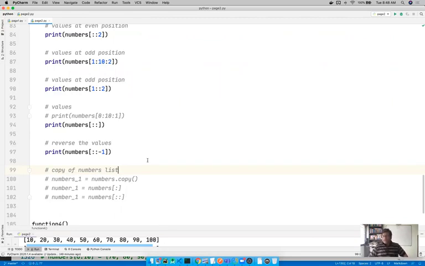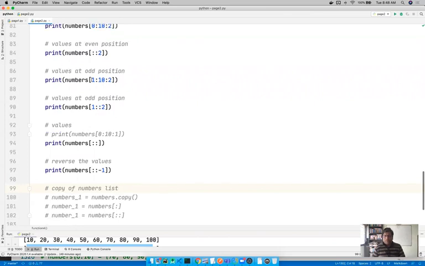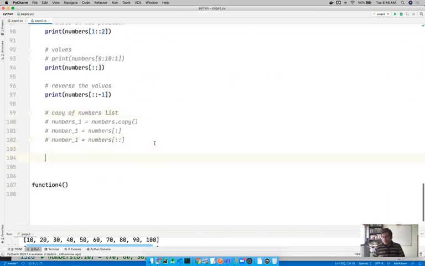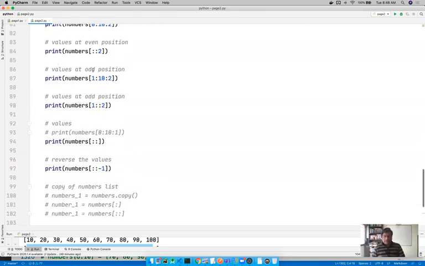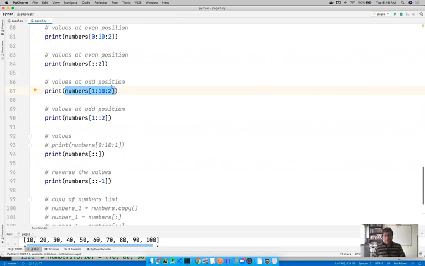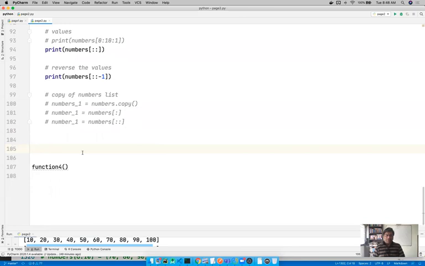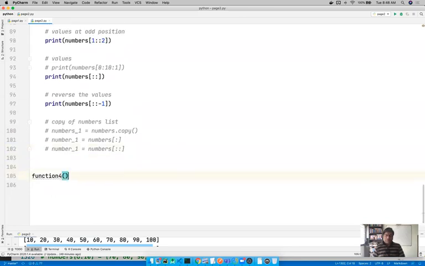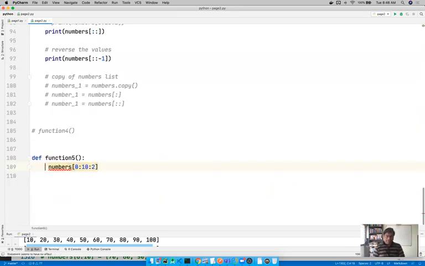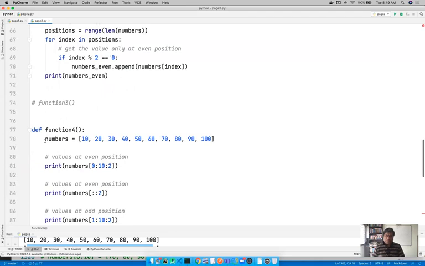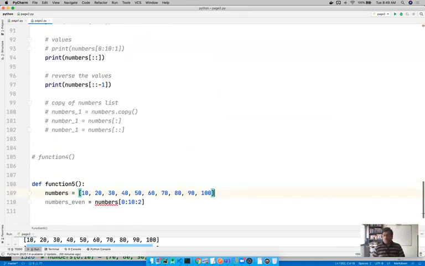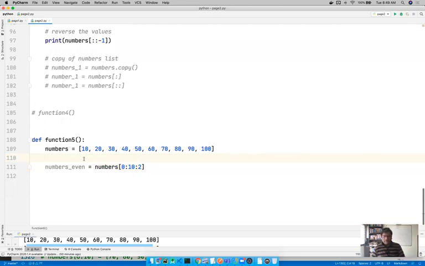If you want to copy only even index, you don't have to do anything extra. I think many of you are a little bit confused when I say print here. Guys, when I say print here, that means it is by default returning a collection. For example, if you want to go for only positive values, let me go back here and create a separate collection out of it. I'll say def function5, and if I say this is numbers_even, this is how you can get it. So it always returns a new collection for you. You don't have to copy, or go for using the same values again. All we have to do is numbers_even equals this one, so it is by default going to give you the new collection